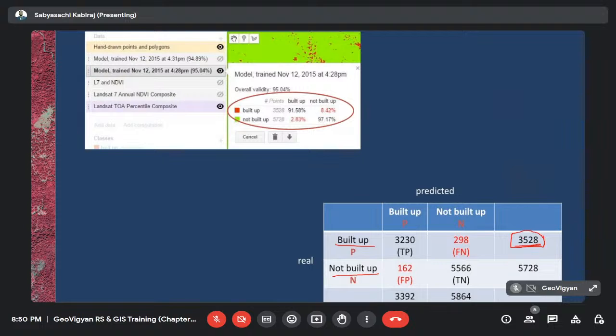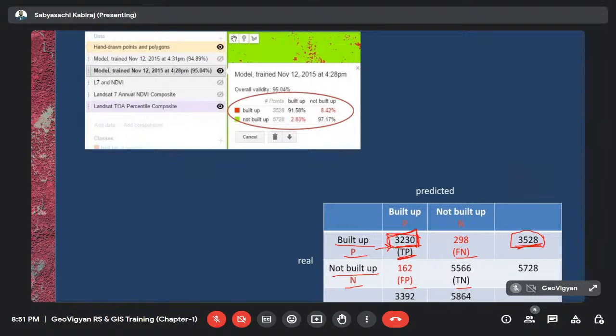So for example, out of this many samples has been correctly classified, and this TP denotes true positive. This is false negative. This is positive, this is negative, false positive, true negative. So if a classifier correctly classified the image, the original, based on this only the accuracy will come. It depends on this. So out of 3,528, 3,230